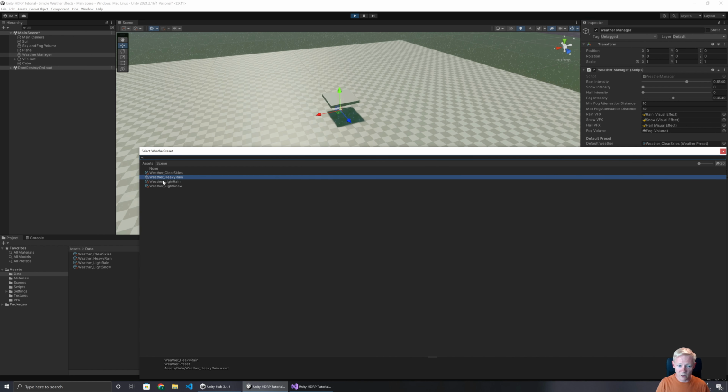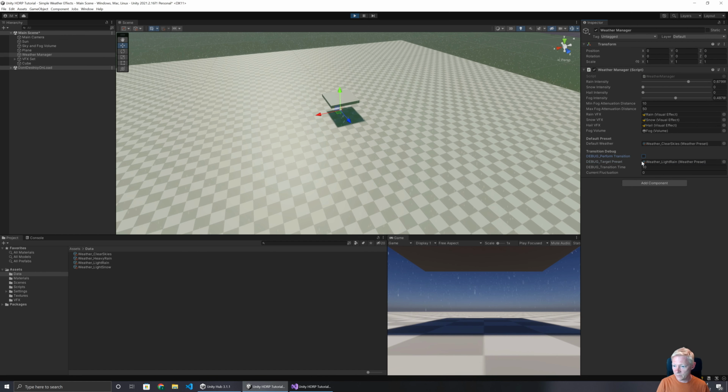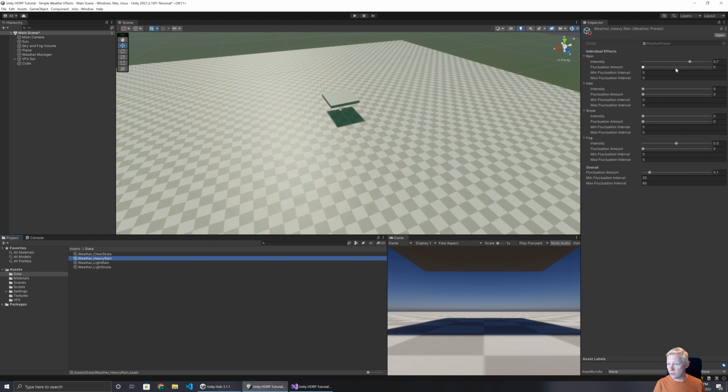And what we would also find is if I switched to light rain, the fluctuation goes to 0, because light rain doesn't have any fluctuation happening in it. So if I put this back,